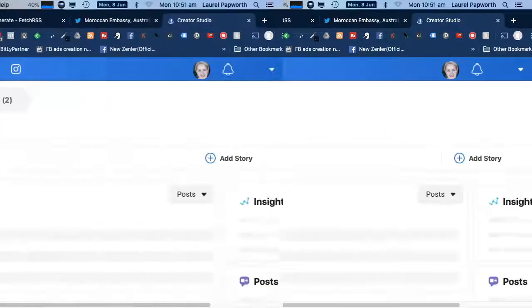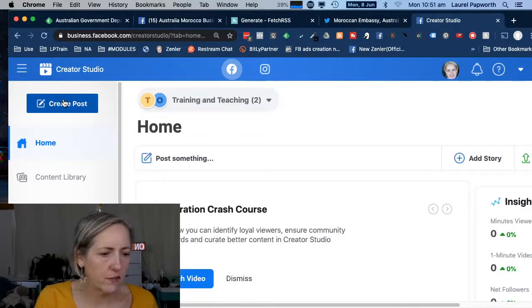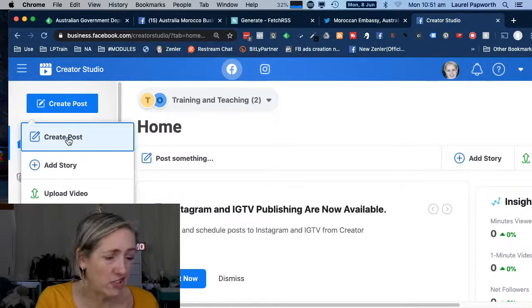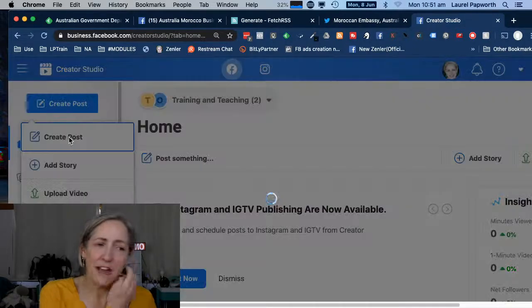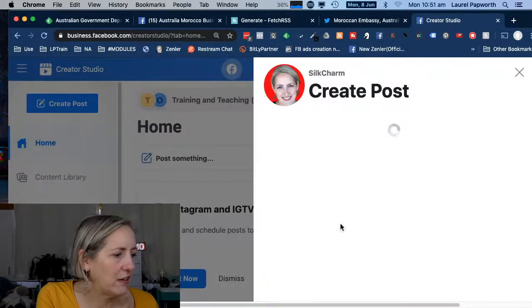I think I've shown you this, and I'm so sorry if I duplicate stuff, but a lot of what I do during the day is duplicating stuff. So if it works, I don't change it. If I create a post in the Creator Studio and then I choose my embassy page,